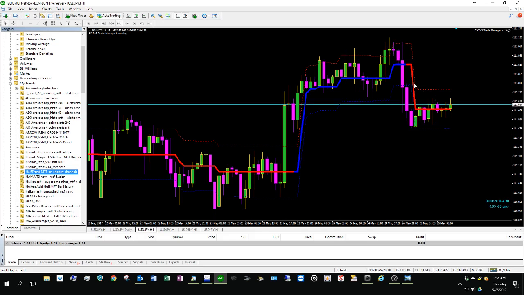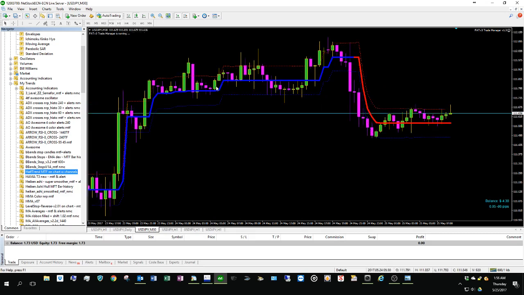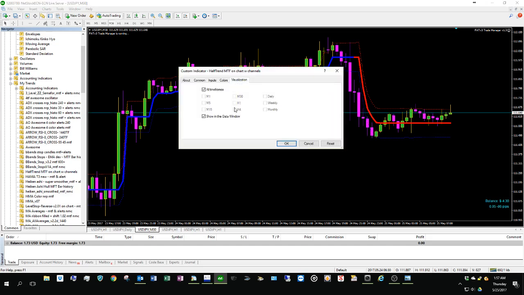So if we're in a bear market, and if it goes above that, we're going to go back into a bull market. So we can do that on a current time frame, or again, we can drop back, analyze the 30-minute time frame, and change our indicator